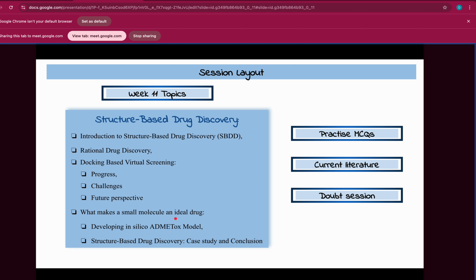Then we will see what makes a small molecule an ideal drug, in which we will see what the Lipinski rule of 5 is, what the ADMET properties are, and what structure based drug discovery is. We will see a few case studies related to it, and then we will conclude. Later on we will practice a few MCQs and see the current literature, and then I'll take your